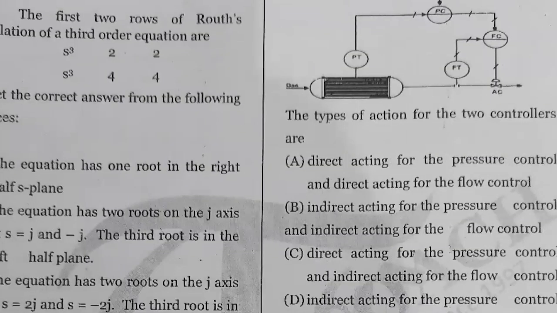So I'm drawing the diagram, for example. You have a tank, gas is coming into that, and we have a pressure transmitter. What is the meaning of pressure transmitter? It is measuring the pressure and giving the input to the pressure controller. To the pressure controller, we have a pressure set point. And to measure the gas flow, you have a flow transmitter. This flow transmitter is giving input to your flow controller. The flow controller is connected with your valve.